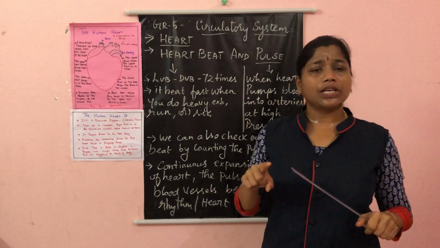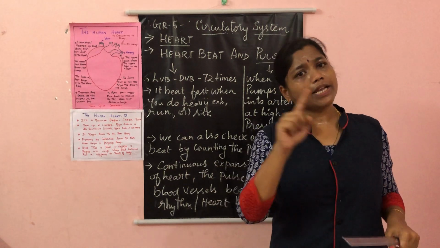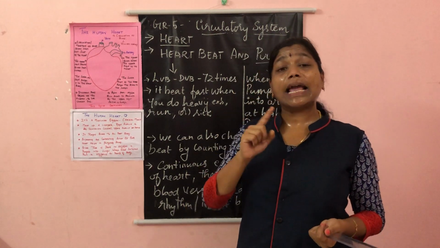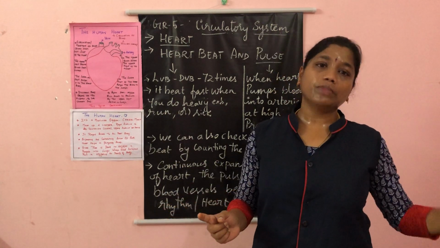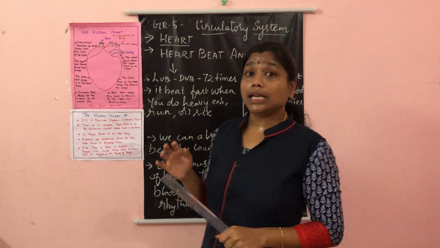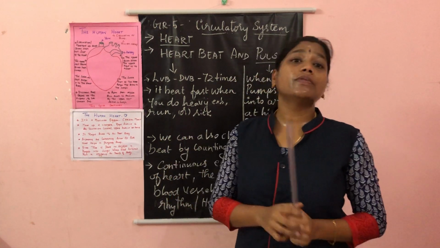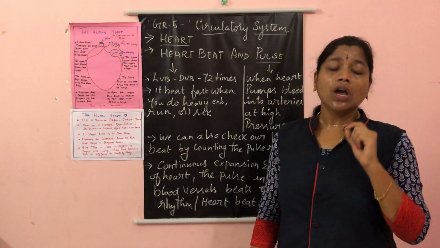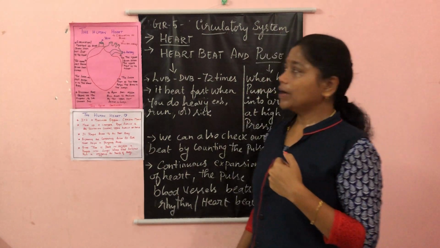How does this circulation happen? The main organ is the blood. This blood circulates all the essential materials and also helps in the elimination of all the waste materials. So blood plays the major role. How is this circulation taking place in our body? It was discovered by a scientist called William Harvey. He is the person who discovered the circulation of blood in our body.